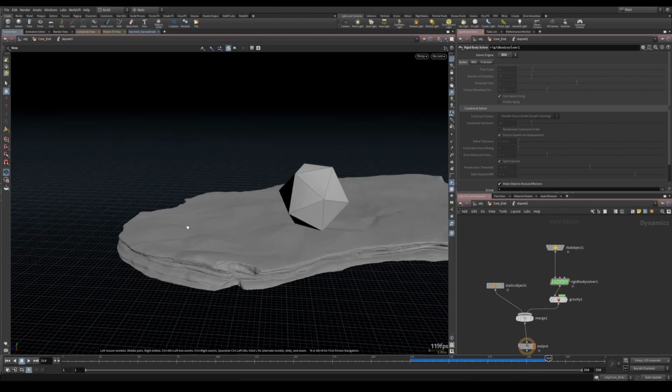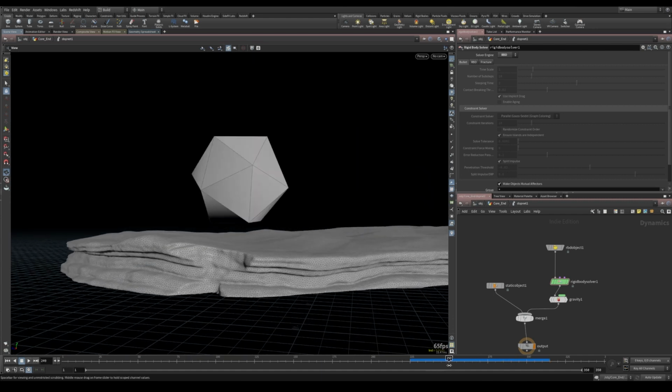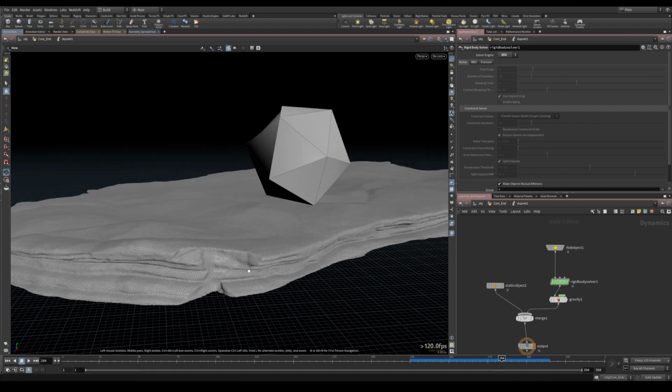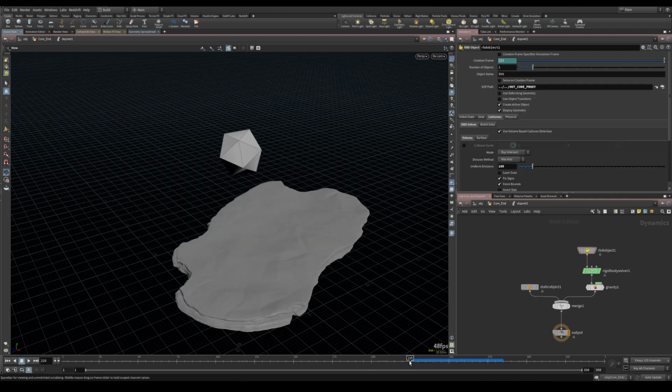And as you can see, it works perfectly fine, even if in this case it doesn't make so much of a difference switching from RBD or Bullet. Now you know how to deal with both of those. So we took care of the collision, but now we want to tweak the simulation itself, because right now the